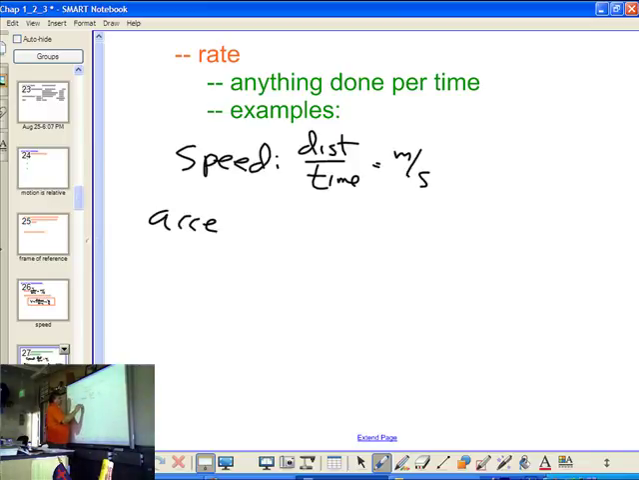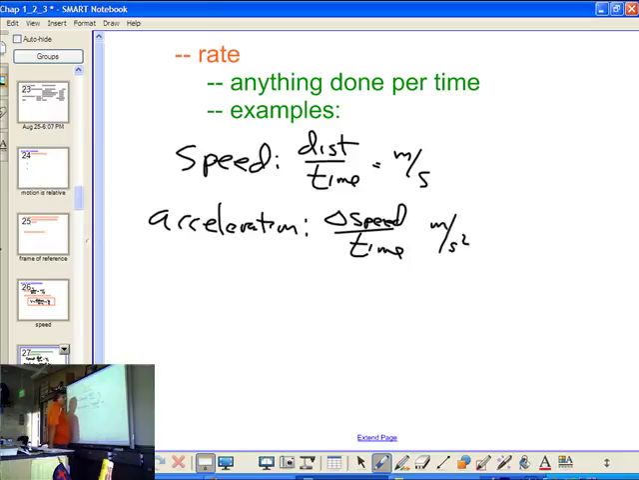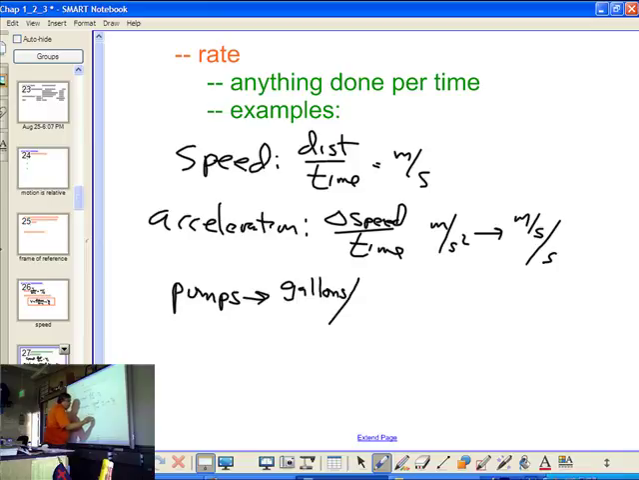We're going to learn about acceleration here in a second. And acceleration is the change in speed per time. We measure that in meters per second squared, which also means meters per second per second. We also see things like pumps. If you look at the ratings of a pump, they say gallons per minute. You see it as GPM, gallons per minute. Anything per time